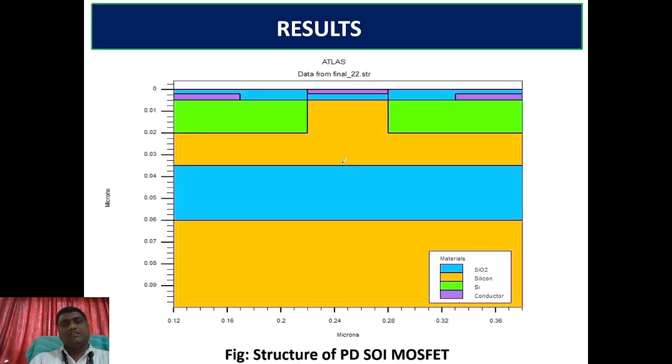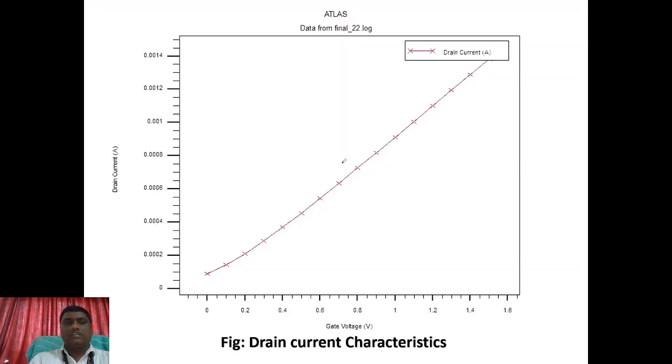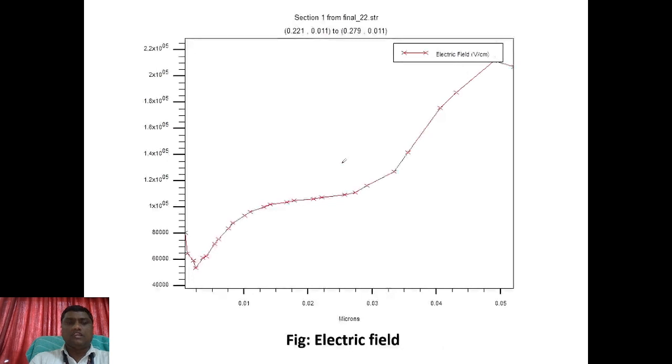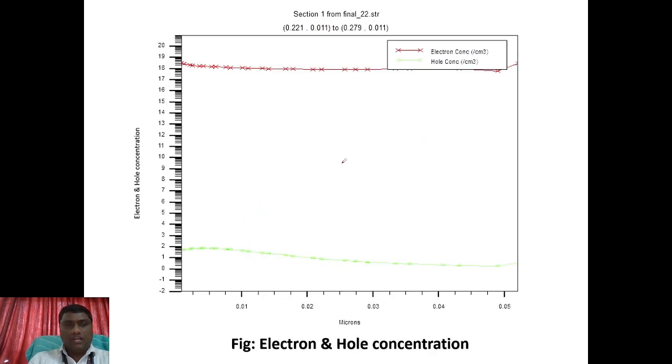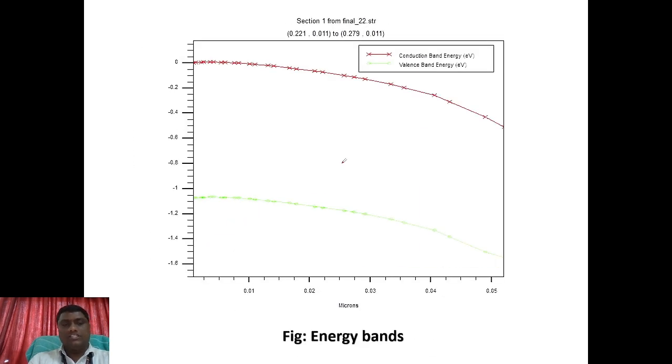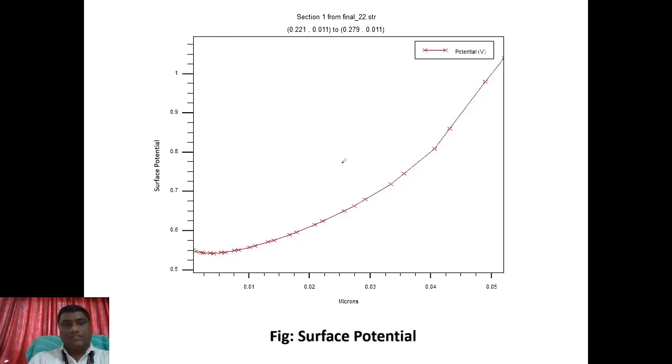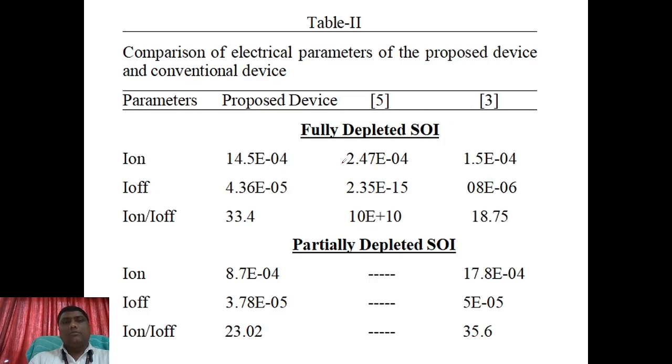the device. This is the structure of the device which we have taken in the x direction and y direction, by mentioning the source, drain, channel, the gate, and the required gate work functions. And we observed the drain current here, electric field, electron and hole concentration, energy bands, and surface potential, and